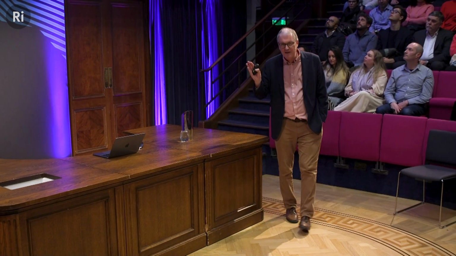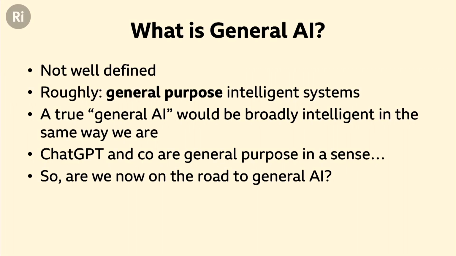So what is general artificial intelligence? Well, firstly, it's not very well defined. But roughly speaking, what general artificial intelligence is the following. In previous generations of AI systems, what we've seen is AI programs that just do one task. Play a game of chess, drive my car, drive my Tesla, identify abnormalities on X-ray scans. They might do it very, very well, but they only do one thing.